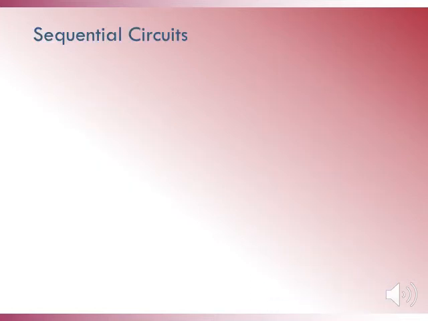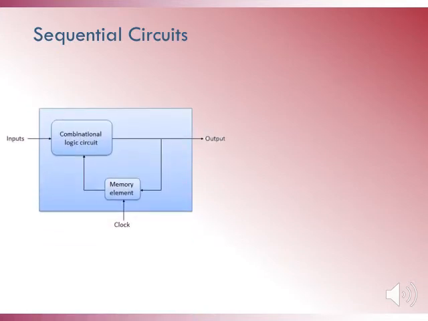On the other hand, sequential circuits are those which are dependent on clock cycles and depend on present as well as past inputs to generate any output. That means in the sequential circuit, the outputs depend upon the inputs as well as the previous outputs. The diagram shows the inputs being given to the combinational logic circuit whose second input is coming from some memory element. The memory element is basically receiving the present output at its input running via some clock cycles. So, the previous output and the current input is giving me the present output.